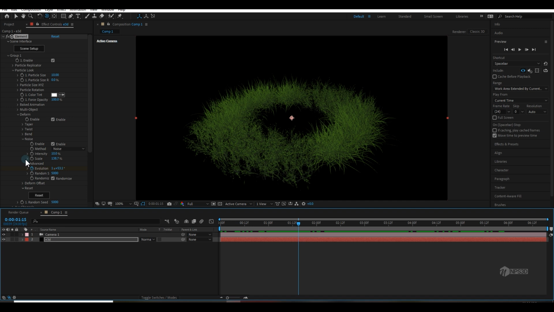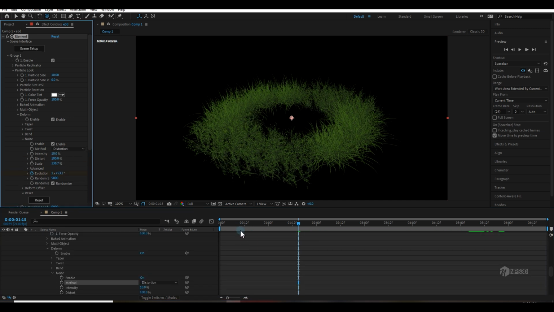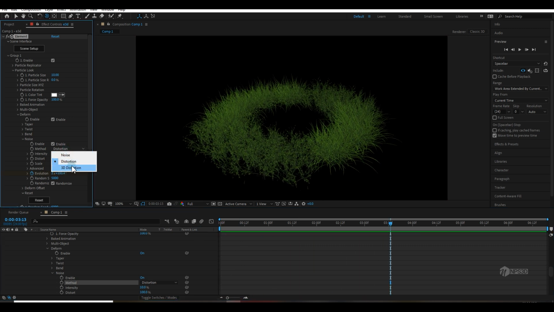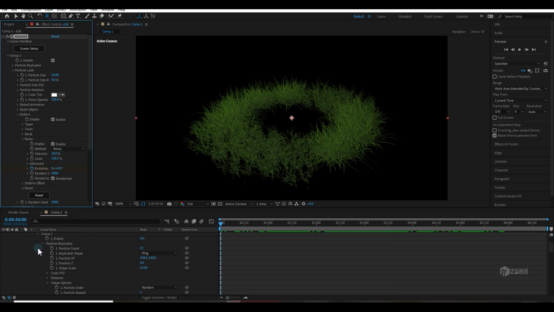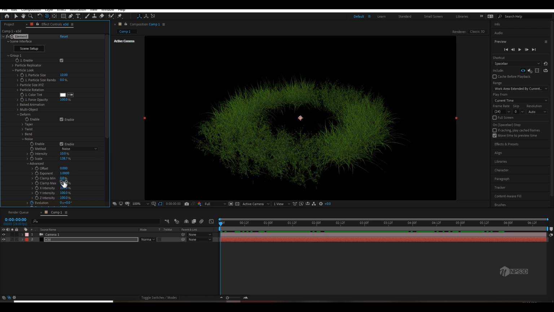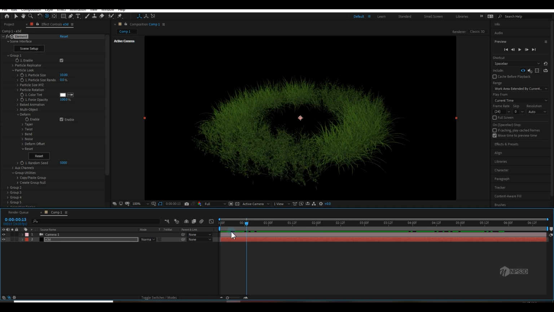And there are more options, like you can change it to the noise to distort, and it will also look cool, you can see. And there are 3D distortion, you can do it. For now I'm going to stick on the noise, and there are advanced options which you can play also. Basically it will allow you to control the noise parameter, and the animation effect will appear on the grass. So this is a quick, simple and normal animation which I did for the grass.